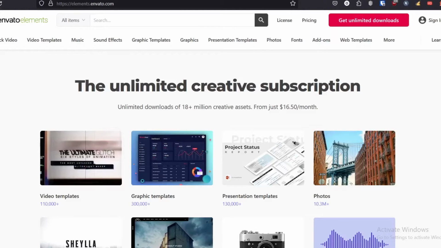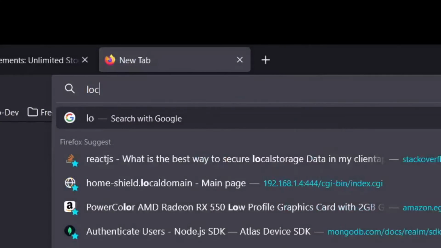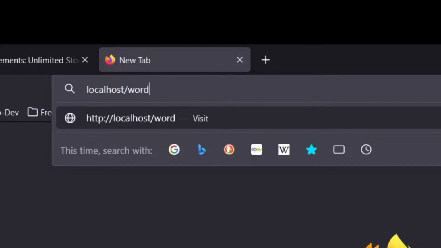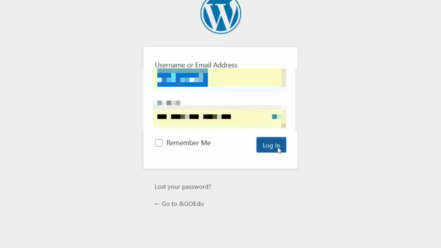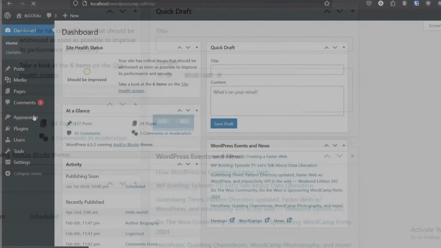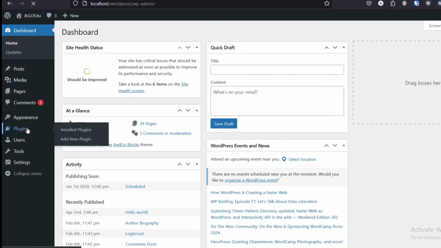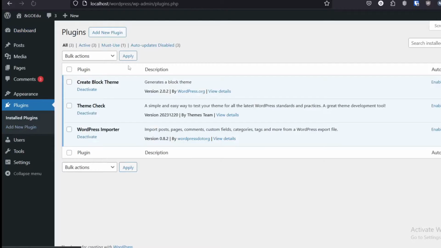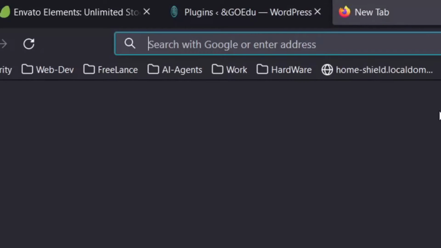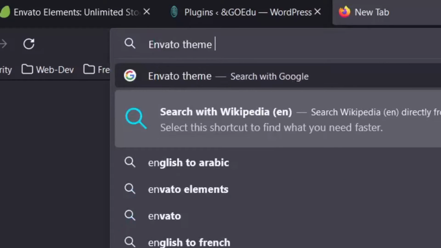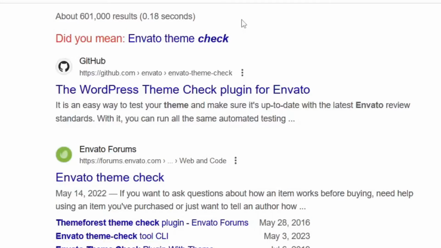So all you really need to do is open up your XAMPP, go to localhost WordPress and then wp-admin, and open up a new page. Just log in, of course, to your admin panel, and then go to plugins, and then we're just going to search Envato theme checker, and it's going to be the first link in the